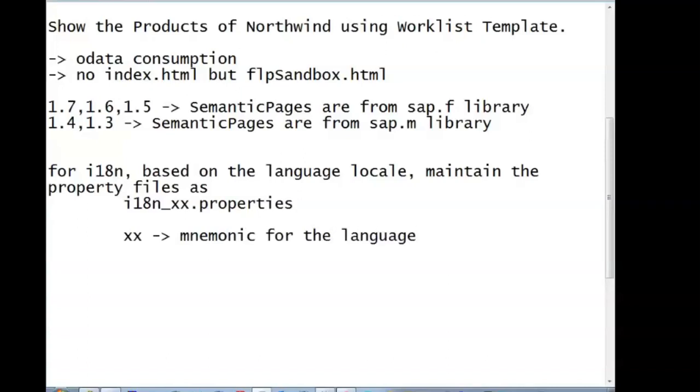So where can I refer to this? You get that mnemonic in Internet Explorer, the two-letter code. EN for English, JA for Japanese, HI for Hindi.